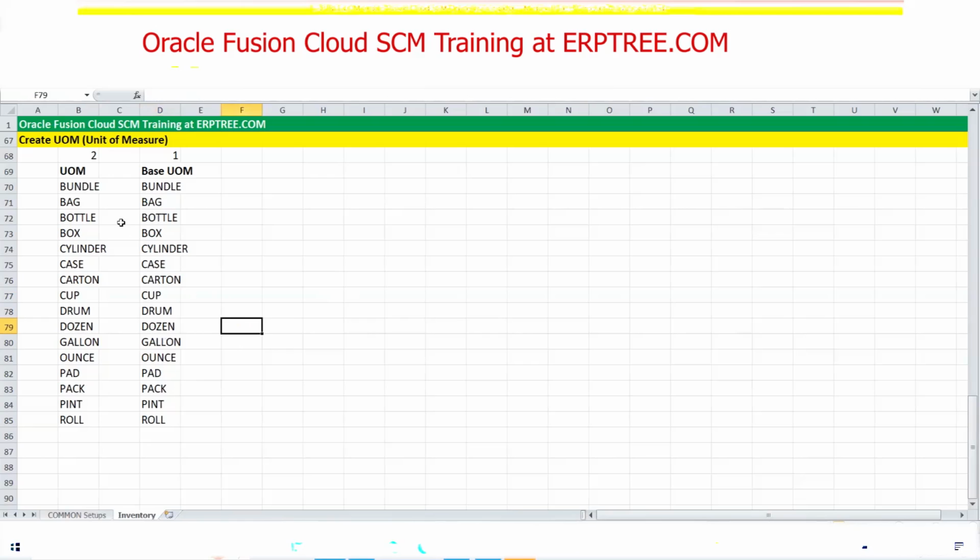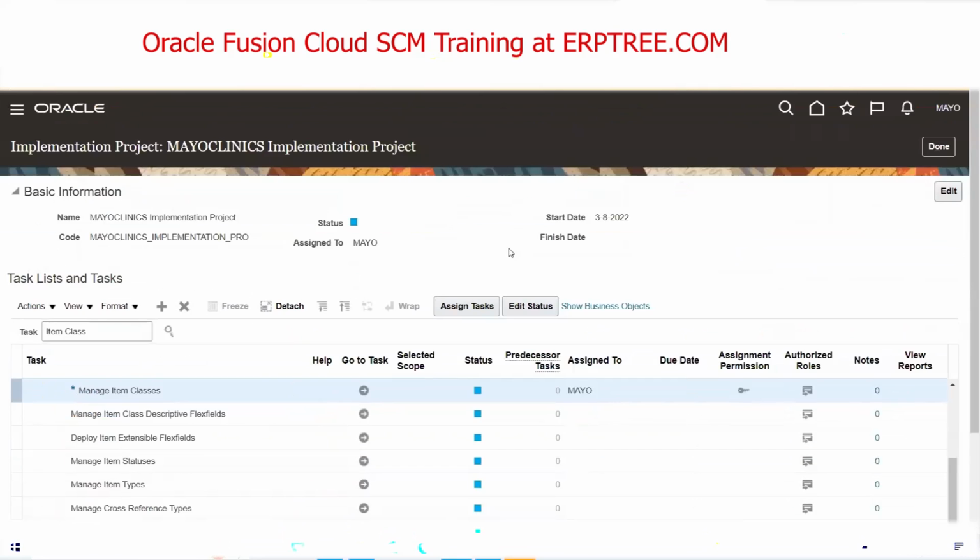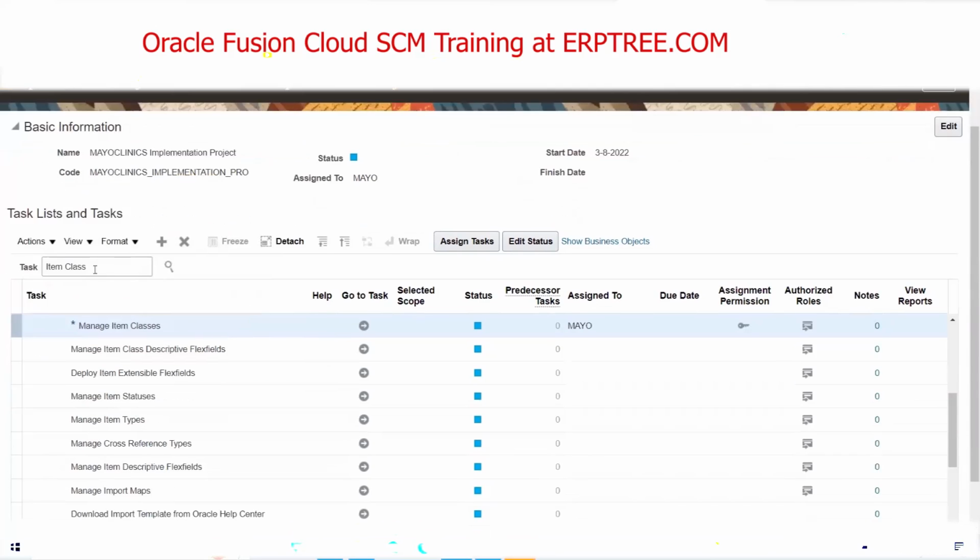Let's see how to create this unit of measurement. First, we'll create base units of measurement. Then we'll create the actual units of measurement. Go to our implementation project. Again, we'll come back to the item class. No need to think about it; we just provided basic information, and with that you will be able to create an item. But we'll go through a few details. We will come back to the item class and discuss a few more points so that it is clearer for us. So now search for